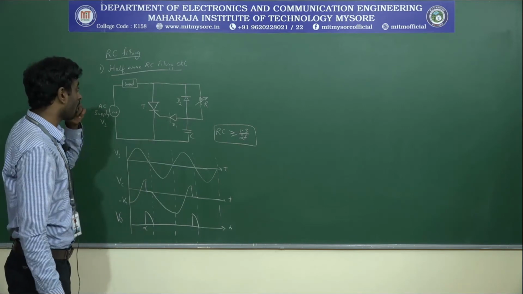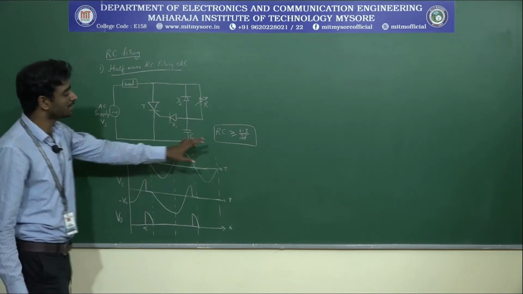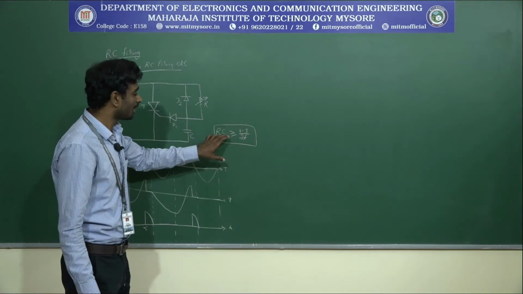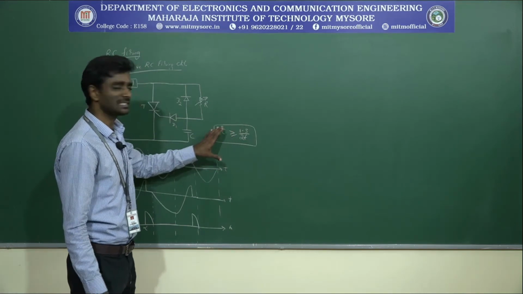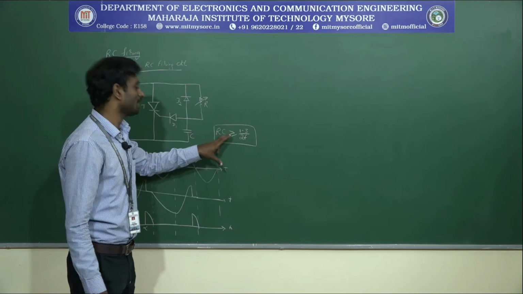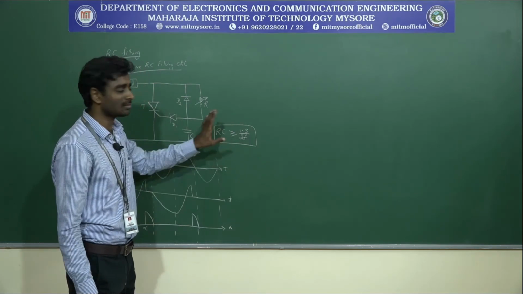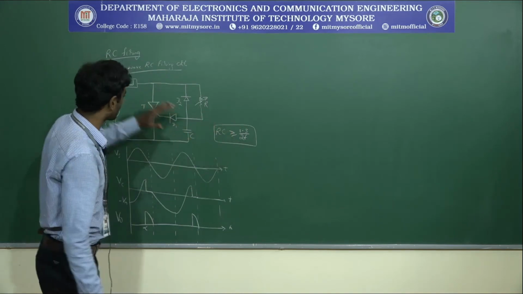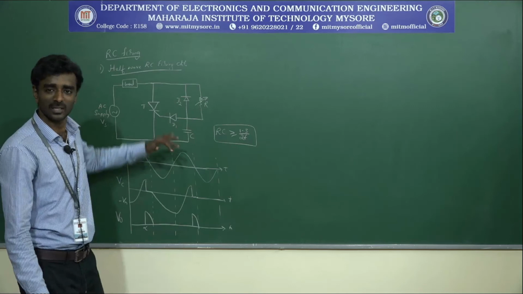This is with respect to half wave RC firing circuits. You need to follow this equation, that is, this will be the design equation with respect to resistance capacitance, where the combination of RC should be greater than or equal to this value, that is 1.3 divided by 2 times the frequency you have chosen with respect to the supply voltage here.